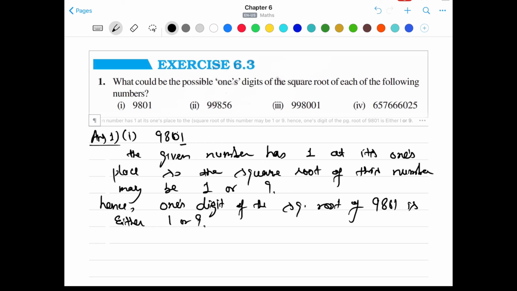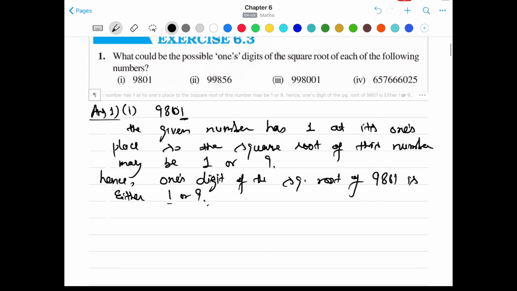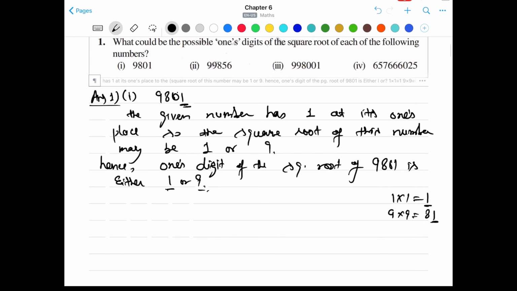So when you find the square of this number, you will get either 1 or 9 at the unit place, because when you multiply 1 into 1 we get 1, and if you multiply 9 into 9 you will get 81. In both cases we are getting 1 at the unit place. So the square root of this number may have a 1 or 9 at its unit place. Now come to the next number. We have